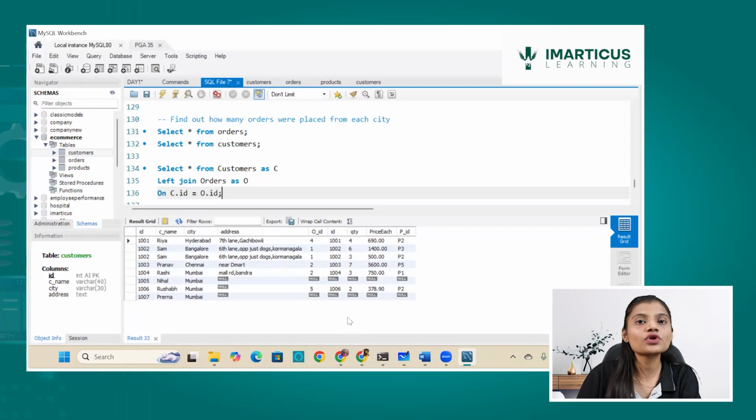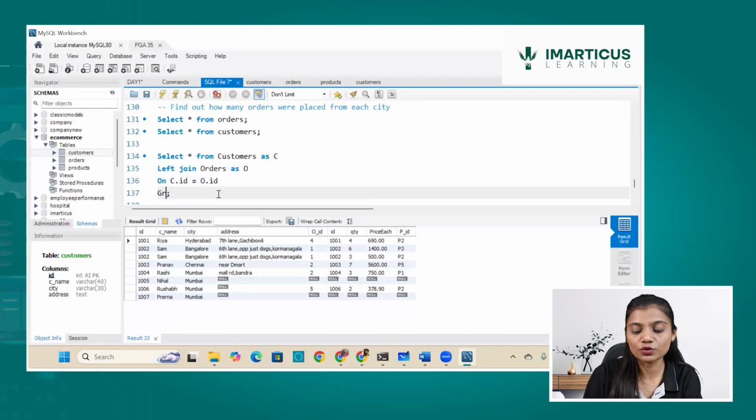But my question is not this. I want to find out the cities for the customers who have placed orders or not. My question is find how many orders were placed from each city, which means I want to create groups of cities and then run an aggregation of count over there. You all must be remembering a group by clause which we have studied. So definitely a group by clause could be helpful over here. Now how does a group by clause work? Group by is written after joining. So I've joined the data, now I will group the data.